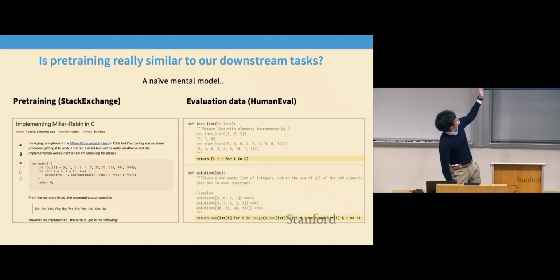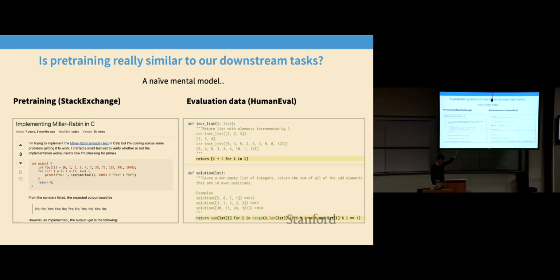So on the left, this is pre-training. And pre-training is nice and clean, like Stack Exchange. It's stuff that you can read. It's high quality stuff. On the right, you're going to evaluate it, and this is a very badly named eval called HumanEval that everyone uses for code evaluation. It's something like, here's a function, here's an instruction in comments, now synthesize this Python code on the bottom, right?